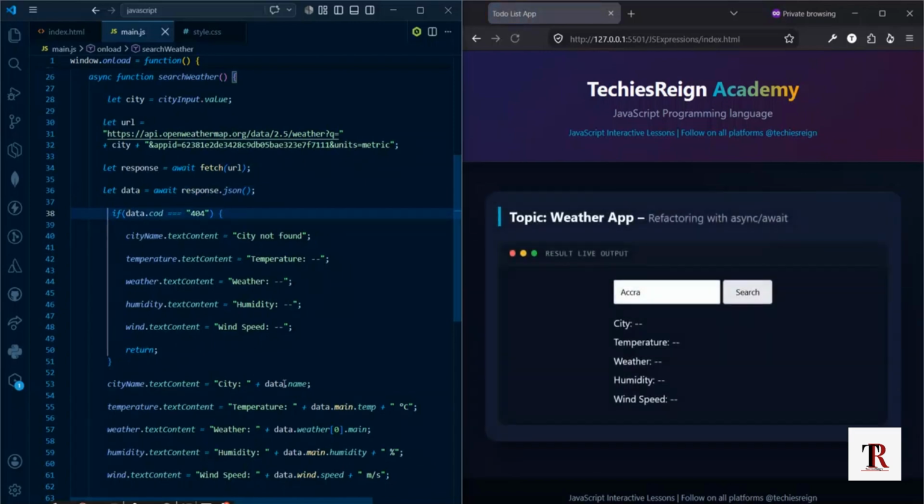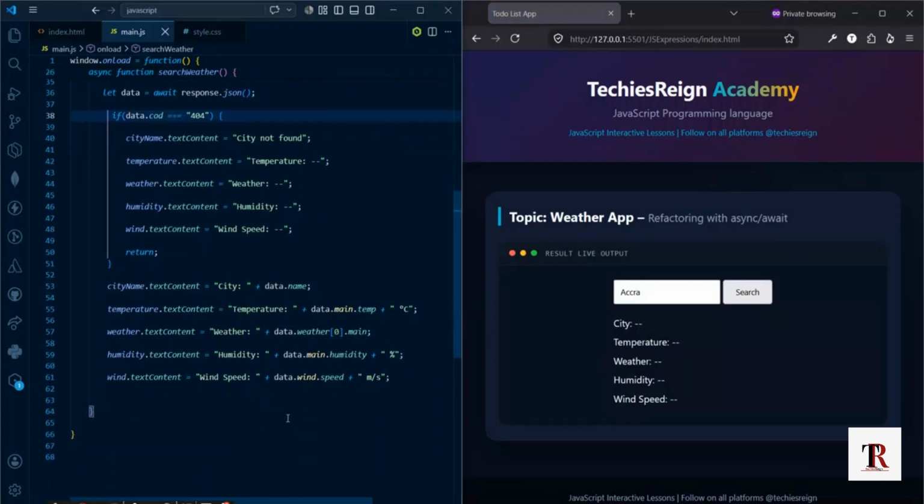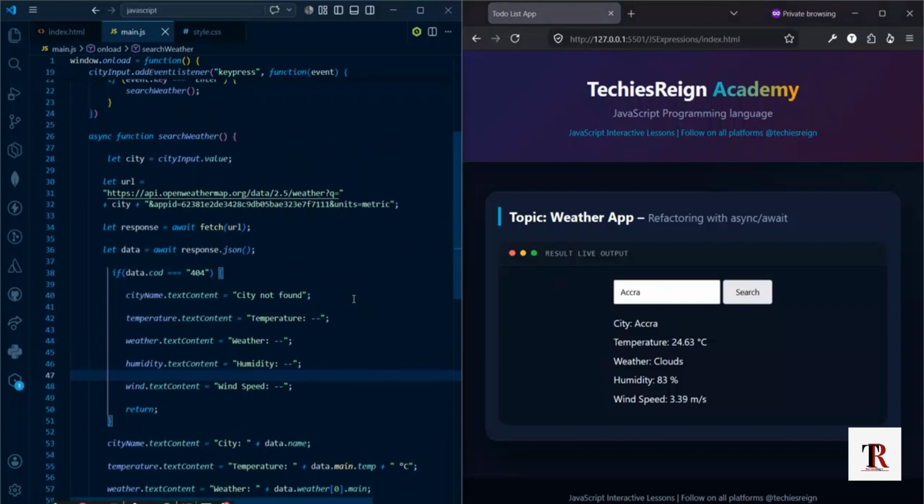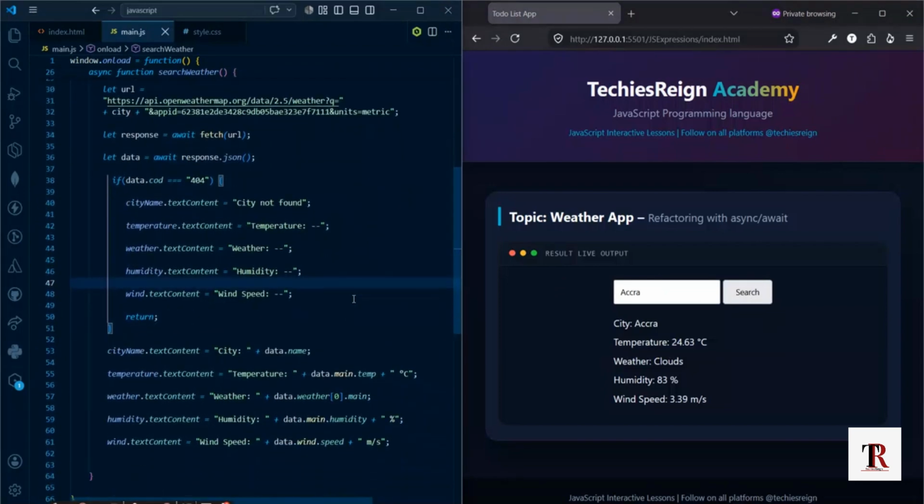And once we finish checking, we can even use the data to extract all the parts of the object that are needed outside. So even though we still check whether the city exists, and if it does, we display the information, the behavior hasn't actually changed. It is only the way that we refactor the code that has changed. Look at this. This is a cleaner approach to write our weather app functionality of making API calls, receiving the response, and passing that response to display it on the